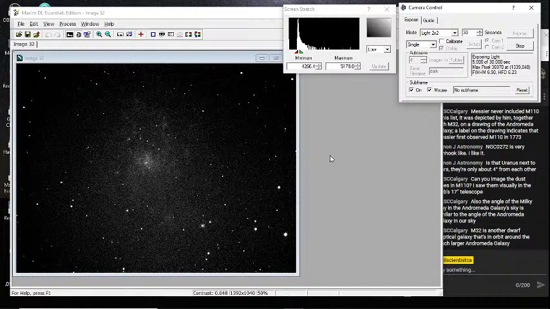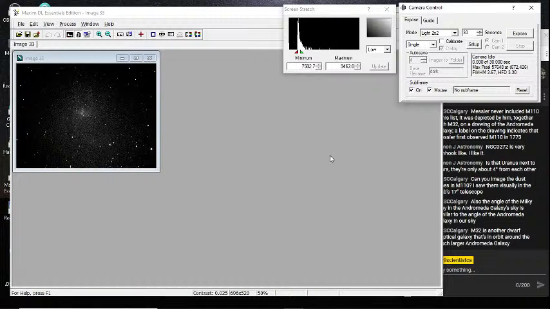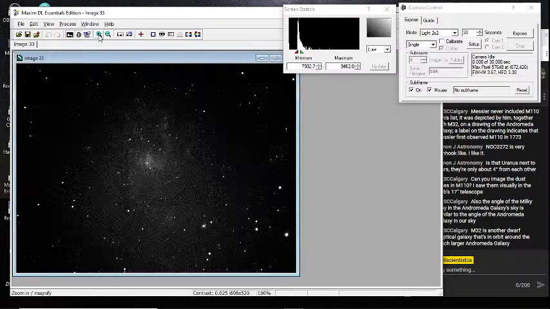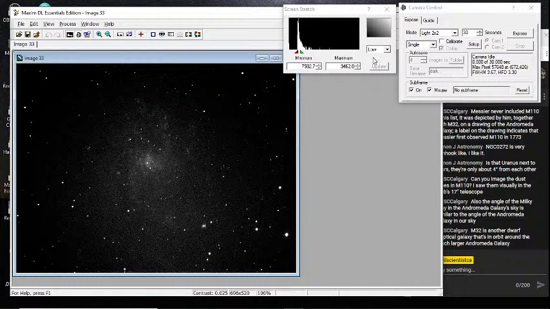But this is Messier 33. It's in the constellation Triangulum. It's the other large spiral, the third large spiral galaxy in our local group of galaxies. So in a moment, about 5 seconds or so here, the image will get smaller. I'll just zoom it up again. There. But in 30 seconds, we've got the same exposure as about a minute.